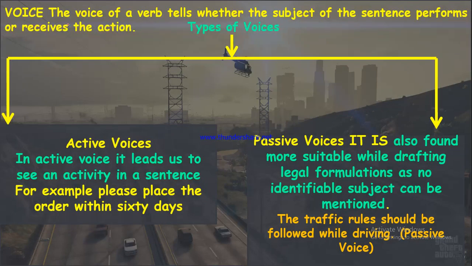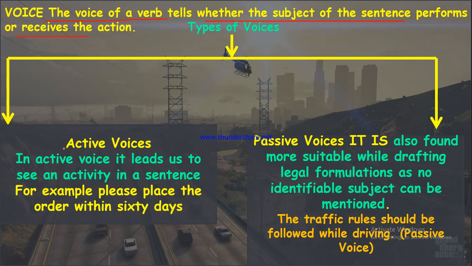Now let's talk about voice. Very important topic, and most students don't understand it. The voice of a verb tells us whether the subject of the sentence performs or receives the action. Perform or receive the action means whether he has given the order to perform or he is going to receive